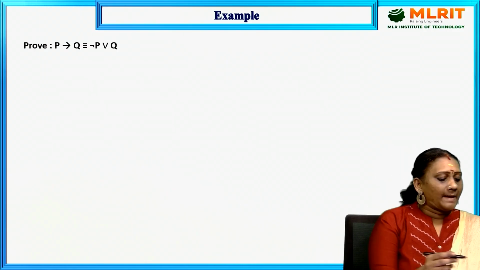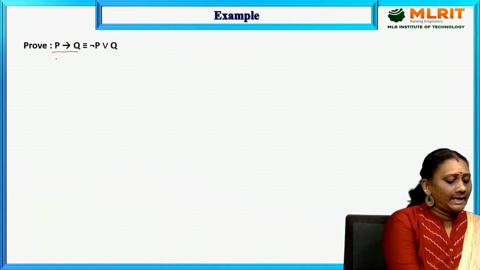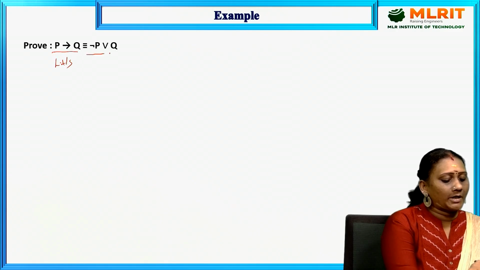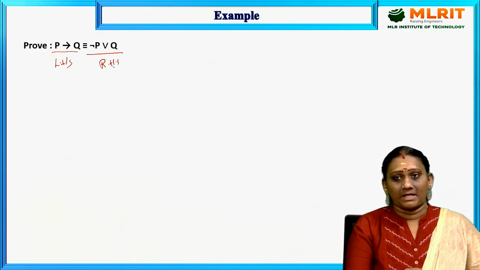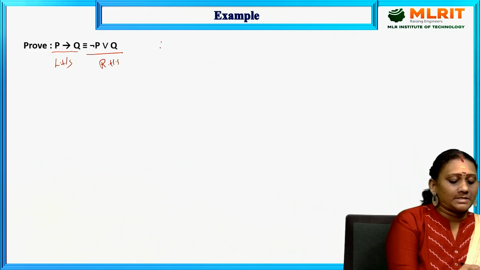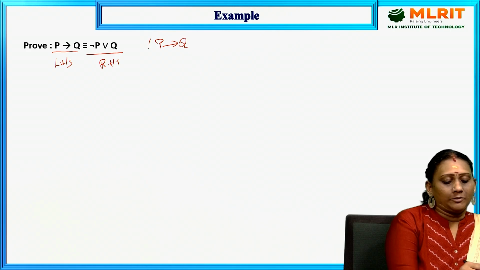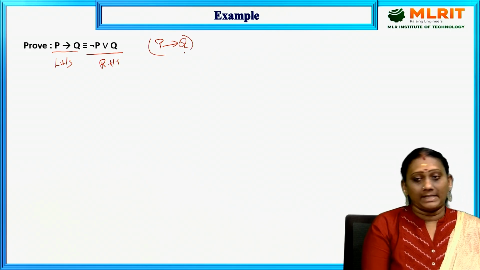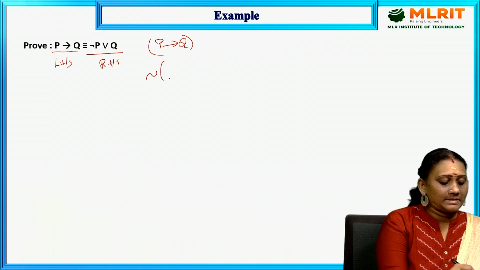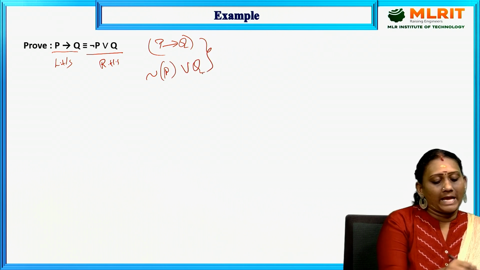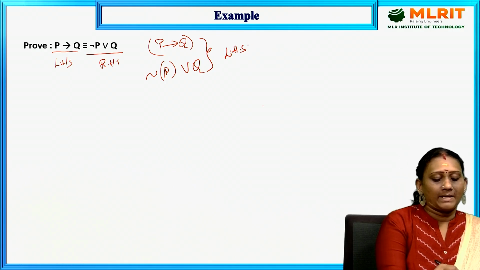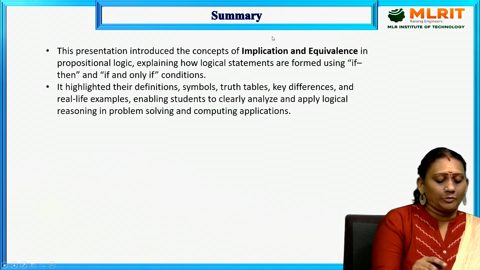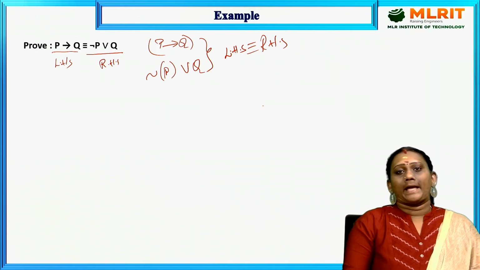So here I am going to check whether the LHS part of the statement is logically equivalent to the RHS part of the statement. What is the statement given in the LHS? P implies Q. This is the first logical expression, and my second statement is negation of P or Q. So I have to check whether statement 1, that is the LHS, is logically equivalent to statement 2, right? This is what I am going to analyze now.